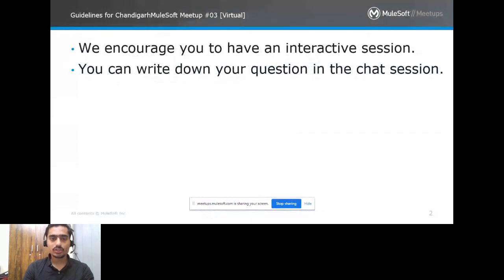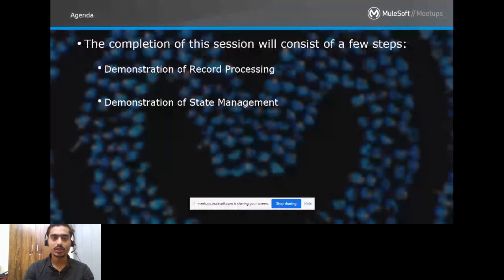I'll encourage you all to have this session in an interactive mode. Wherever you feel so, make use of the chat window to put your messages. In this session, I'll primarily focus on delivering the entire demonstration. I'll demonstrate how we can go for record processing with all three different methodologies. We will even demonstrate state management. So this session is primarily hands-on, while at the same time there is some theoretical knowledge, or whatever experience I have gained in a couple of years, that I'll be sharing with you all.